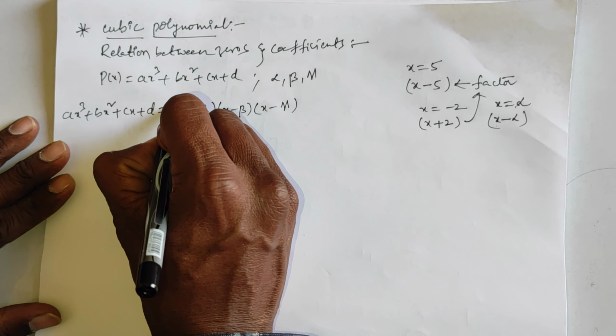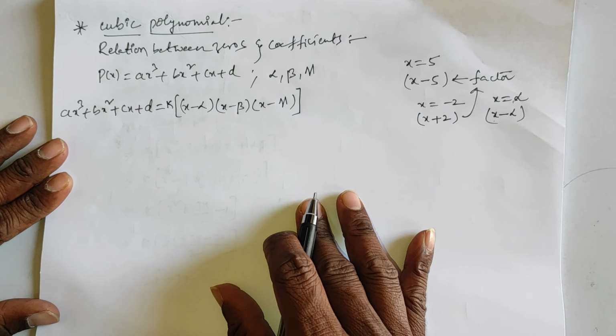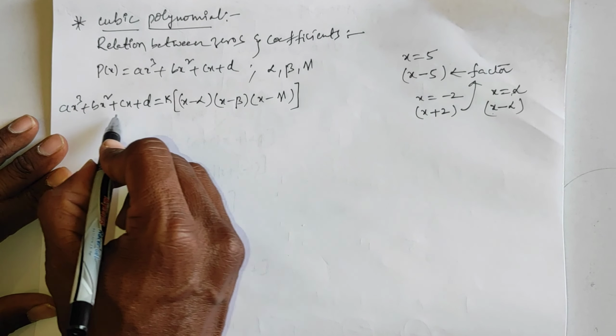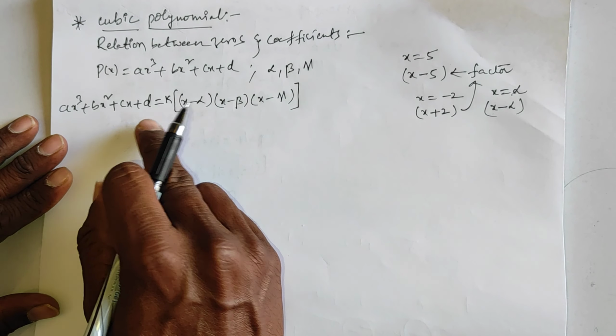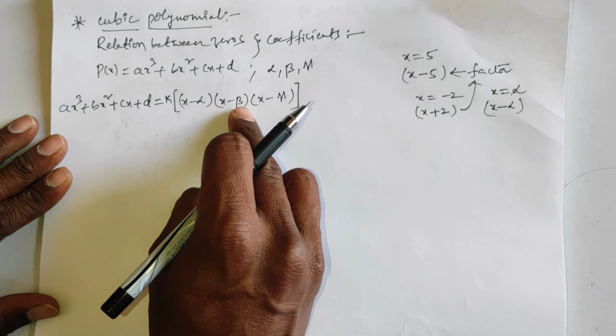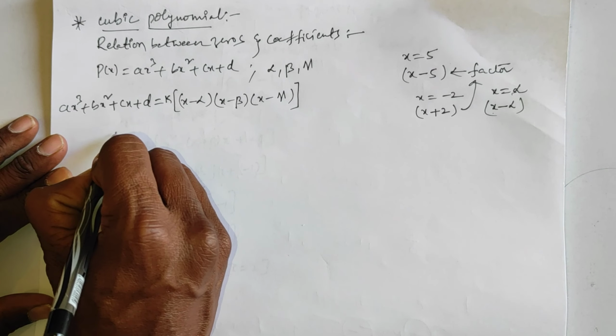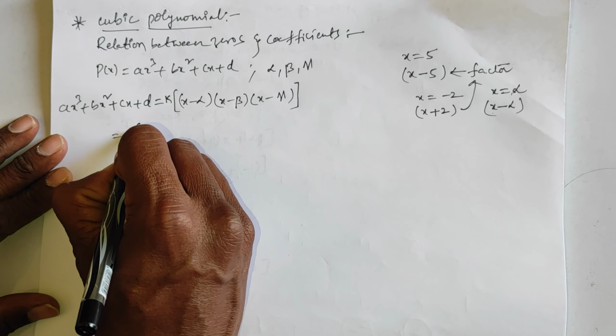We consider these factors with a k, where k indicates any constant. I'm just taking the RHS value. We'll expand this to know the relation between zeros and coefficients. I'm considering the RHS, which means multiplying these terms. This is equal to k, the constant, of